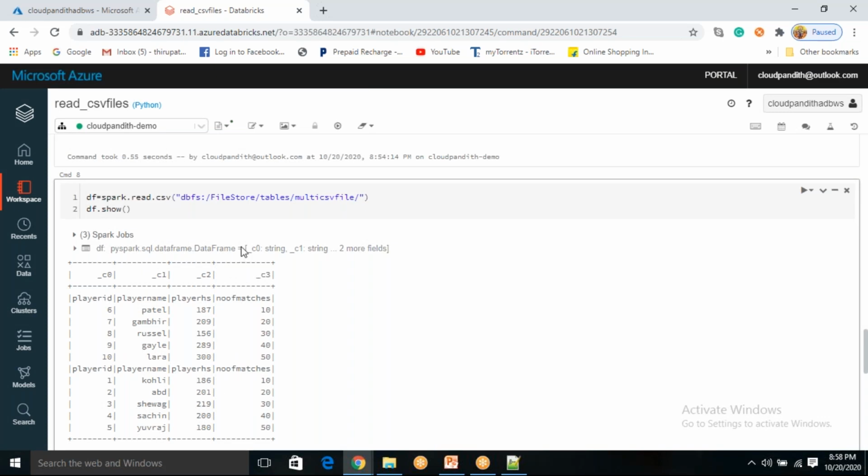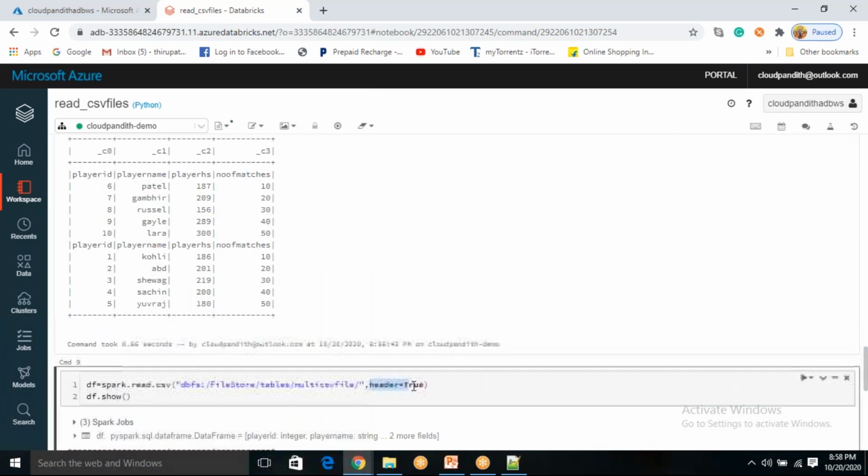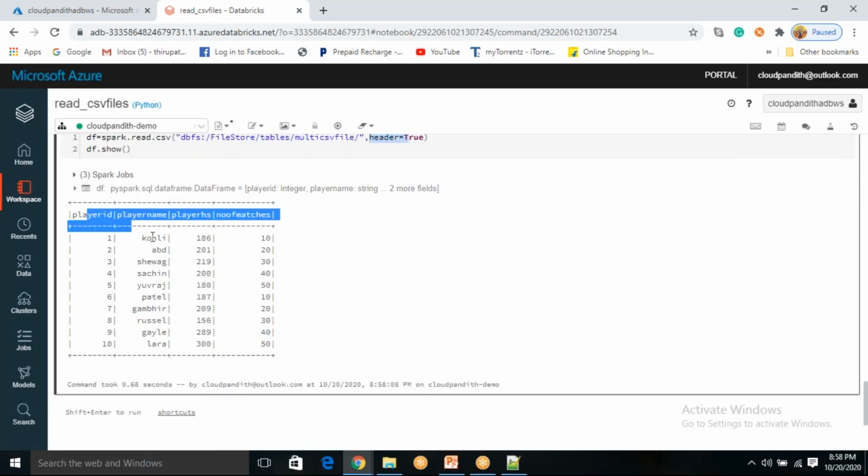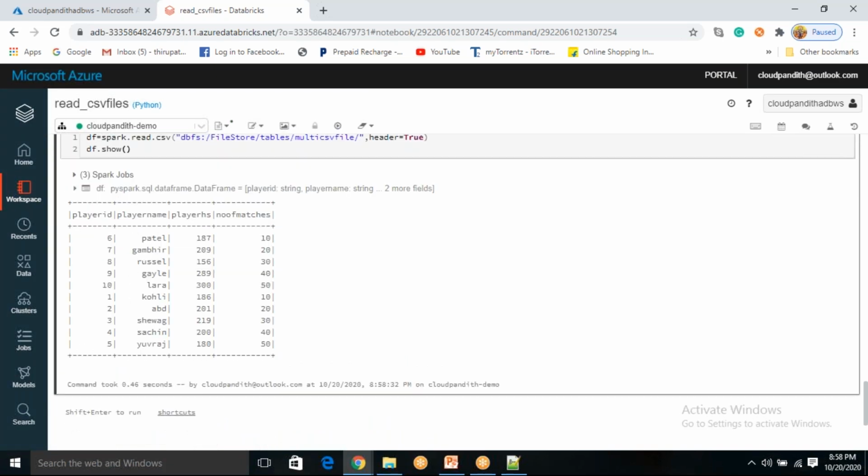See now, without headers the data is like this. But if you say header equal to true, the data is showing properly. Here you have the headers. Maybe data is not in proper order, but you can see headers are set in the proper position. Now you are able to see the actual data.